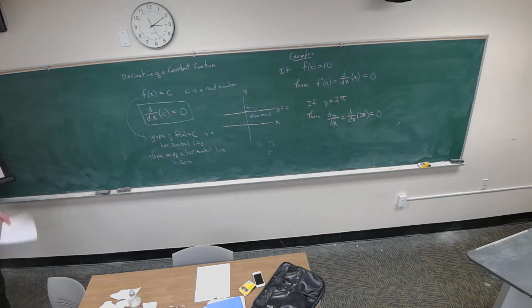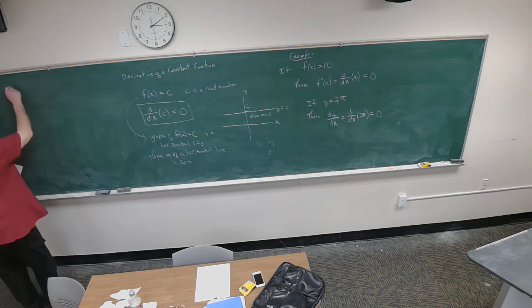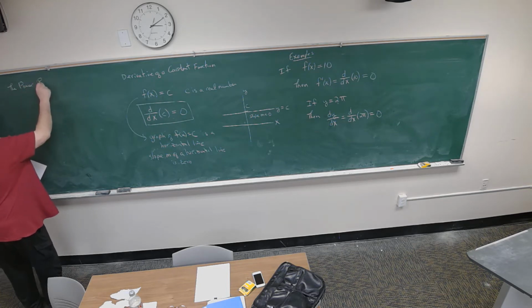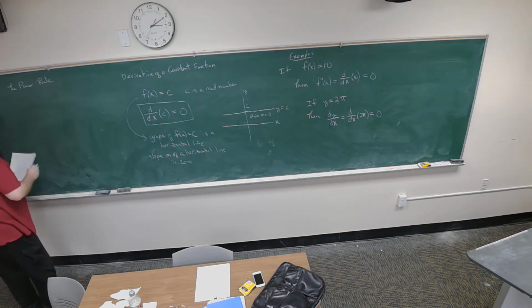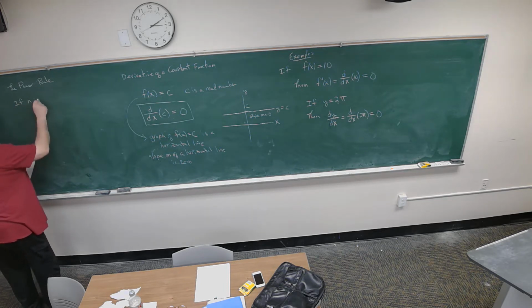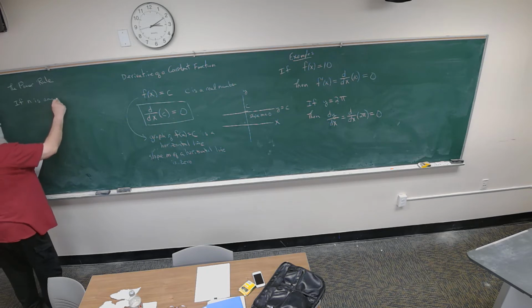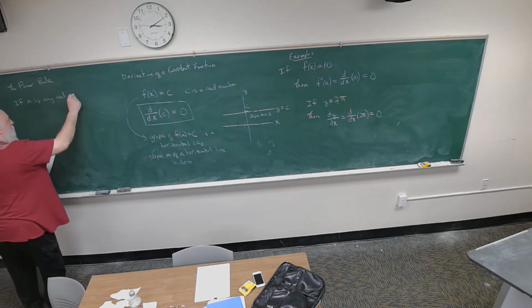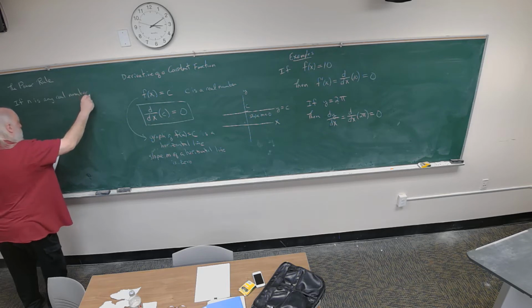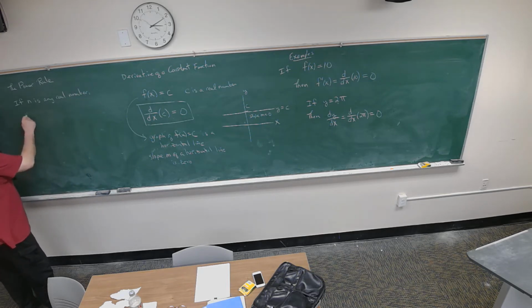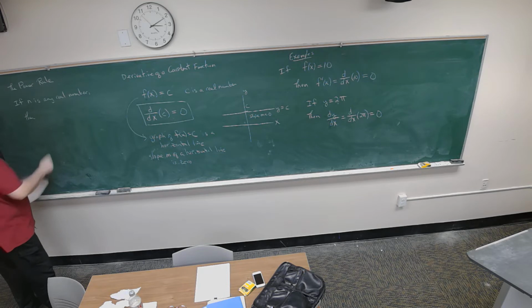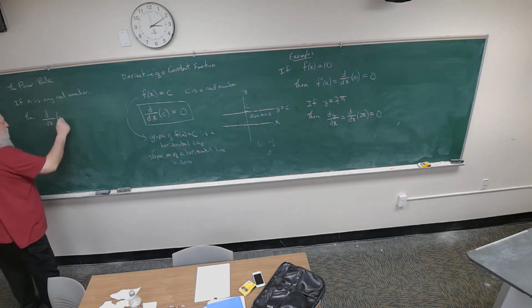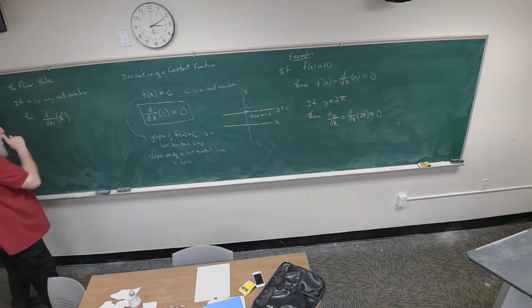The next is called the power rule. If n is any real number, then the derivative with respect to x of x to the n power is equal to